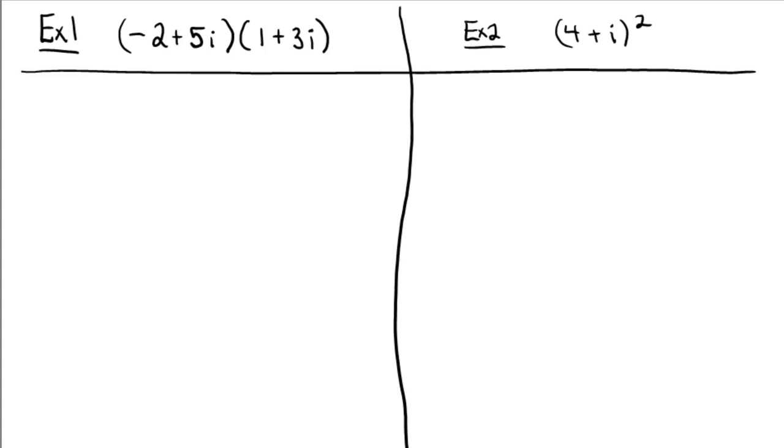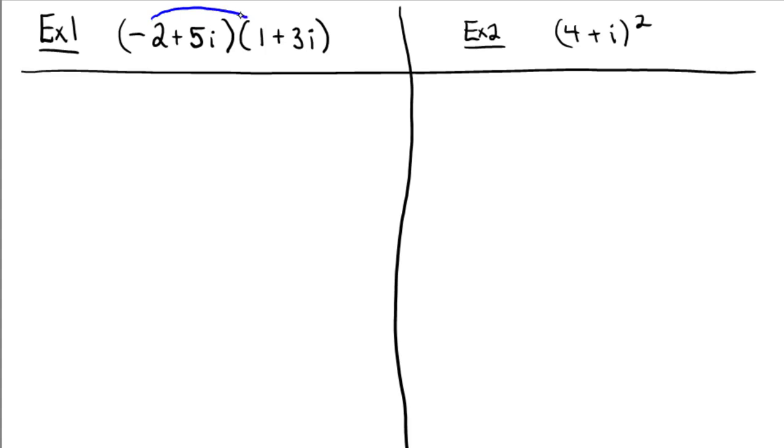Let's try these two examples out that use the complex number system, the imaginary unit, and simplification. So the first one is a multiplication problem, -2 plus 5i times 1 plus 3i. For that one, let's employ the distributive property, sometimes referred to as a foiling technique, where I'm going to